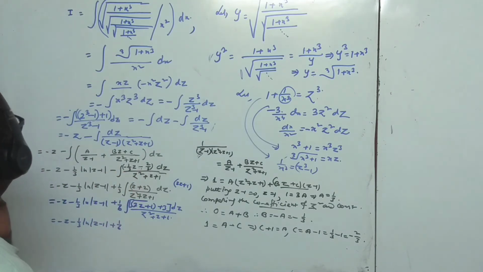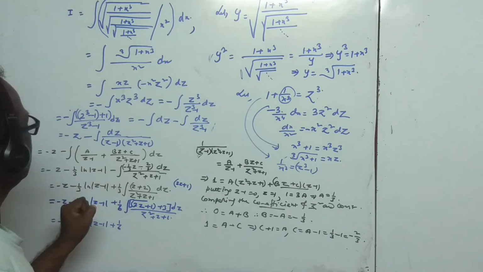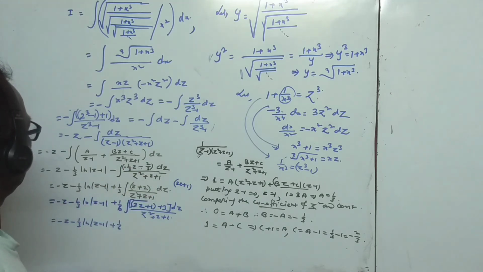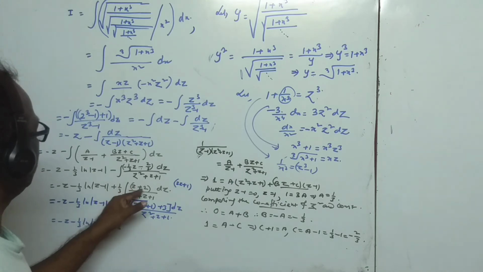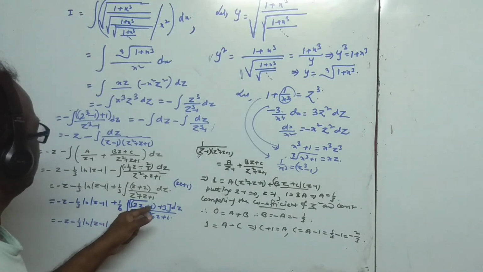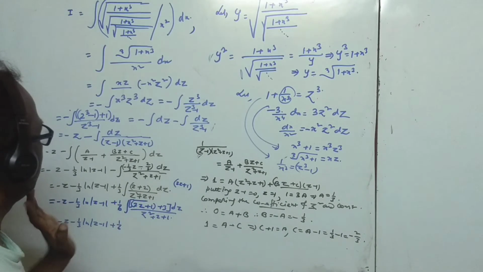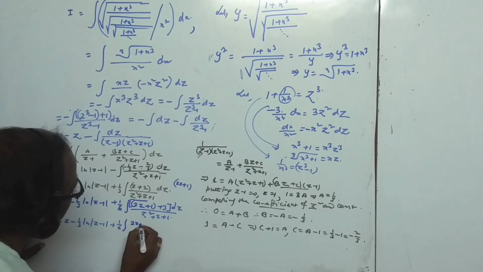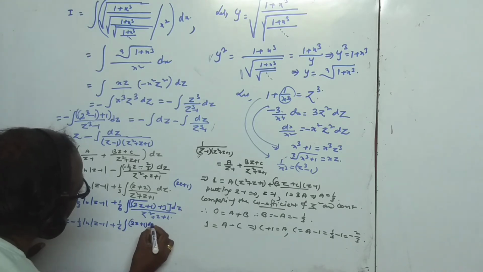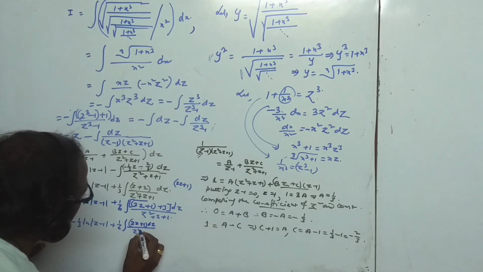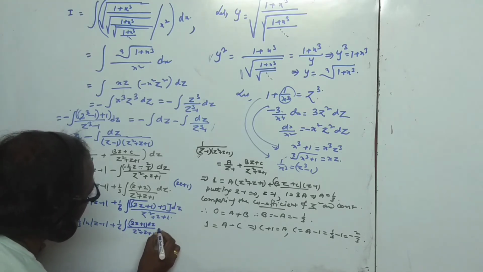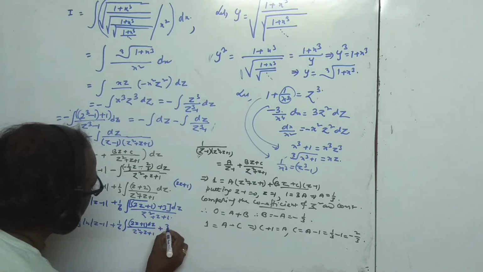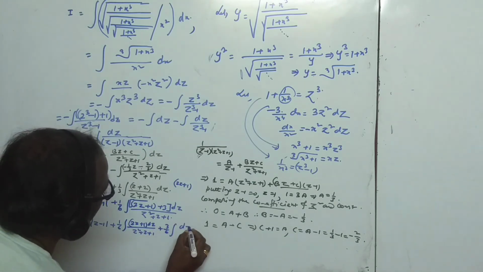Okay, that is 2z plus 1 plus 3. Okay, so that is equal to 2z plus 1 dz by z square plus z plus 1, and that is 3 by 6, dz by,